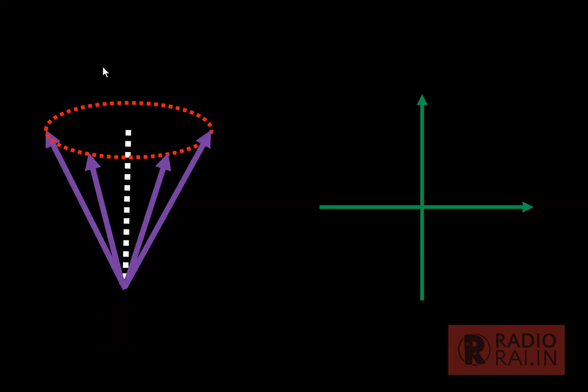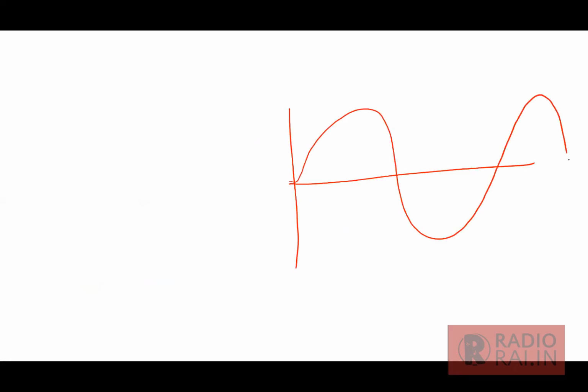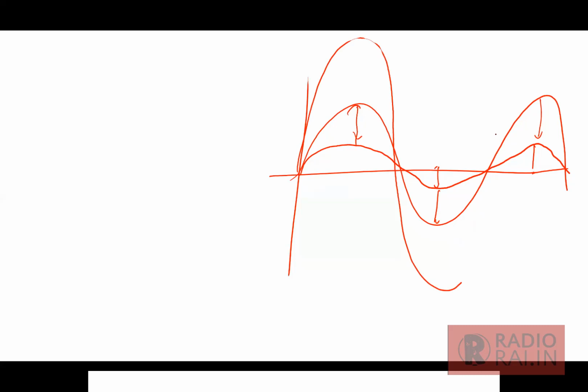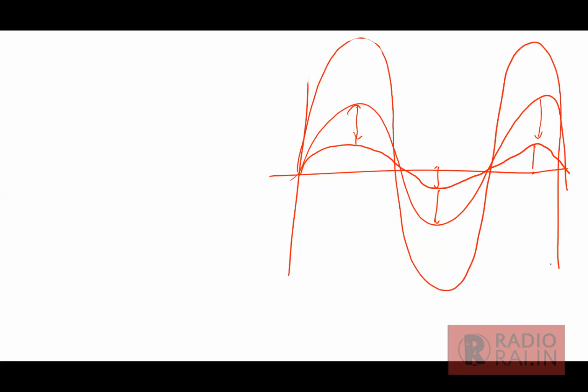Now, what exactly happens is, there is a theory of in phase and out of phase. Now, if we consider there are two sine waves, this is the first one, and now there is a second one. Both are going at the same speed, and their troughs are meeting with each other. So what will happen? The net magnetic field will be bigger, a bigger sine wave at the same level.